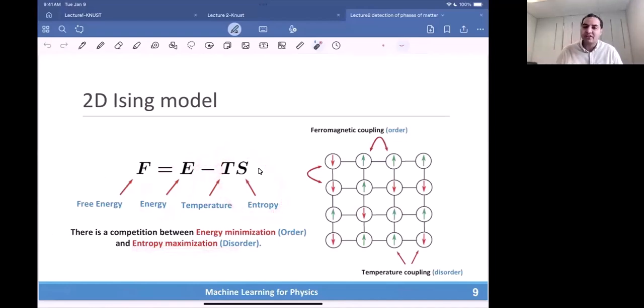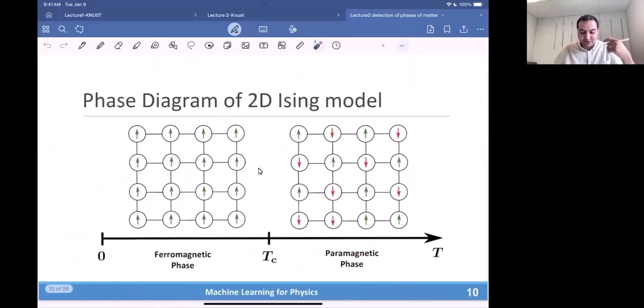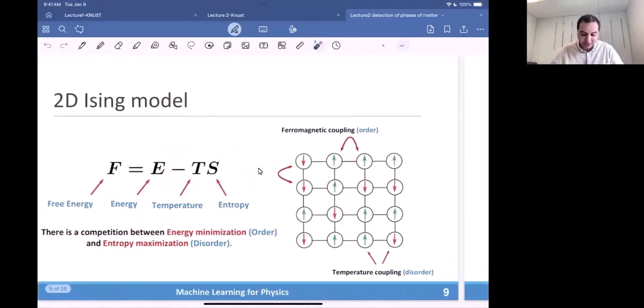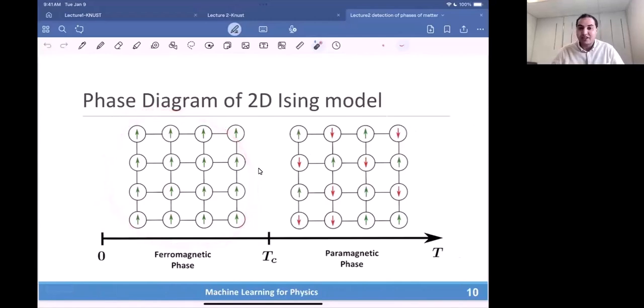Or in other words, it's a competition between maximizing order and maximizing disorder. So you have some sort of competition between having more order and also having more disorder. And this kind of competition is what allows us to have a phase transition. When we have very low temperatures, the energy term is winning over the entropy, so we have more order. And when we have higher temperature, above what's called a critical temperature, this is the temperature where there is